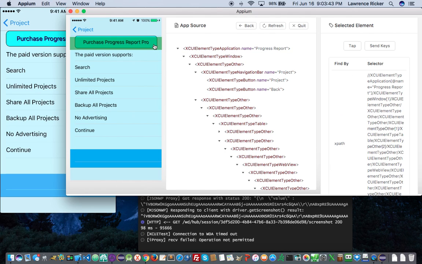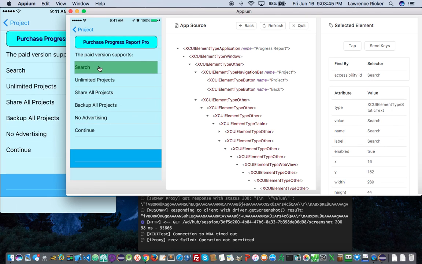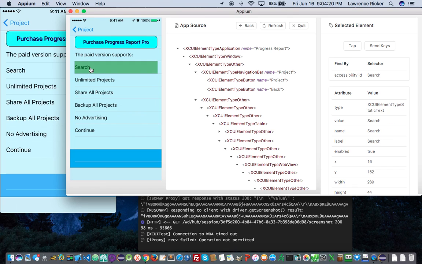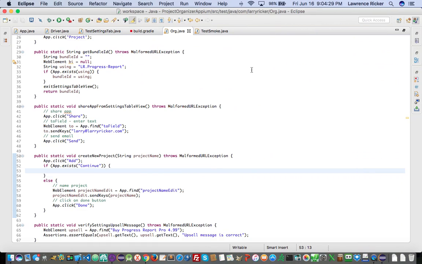Okay. This one has search, unlimited projects, share all projects, backup all projects, no advertising. Okay. Well, I'm going to go through those and test them all. So what do we got? Put them right in my code. So grab that accessibility ID, jump to Eclipse, and in here,